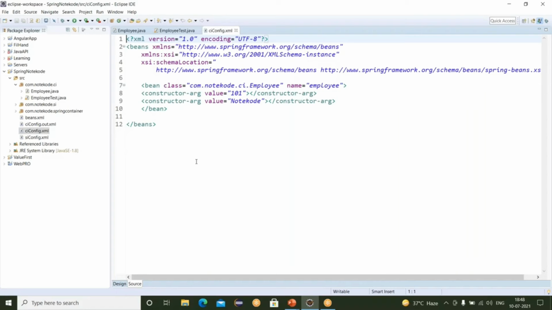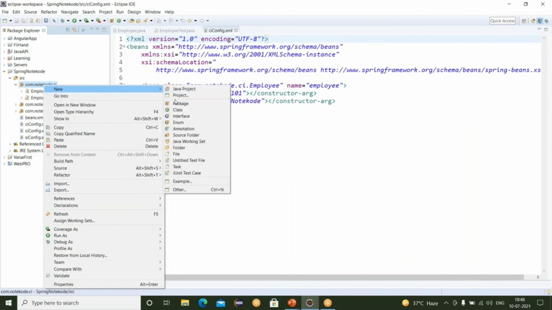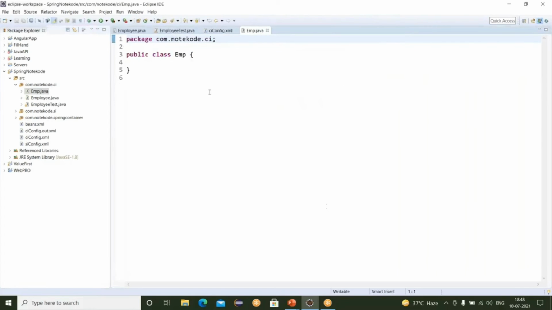So for that, suppose I'm creating another class, let's say EMP. And first, what we have to do, just make a default constructor here. Let's say inside this, I'm writing here "EMP is printed".